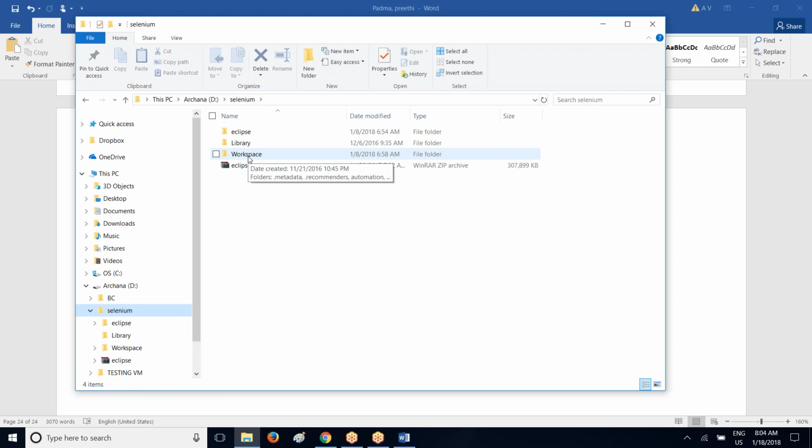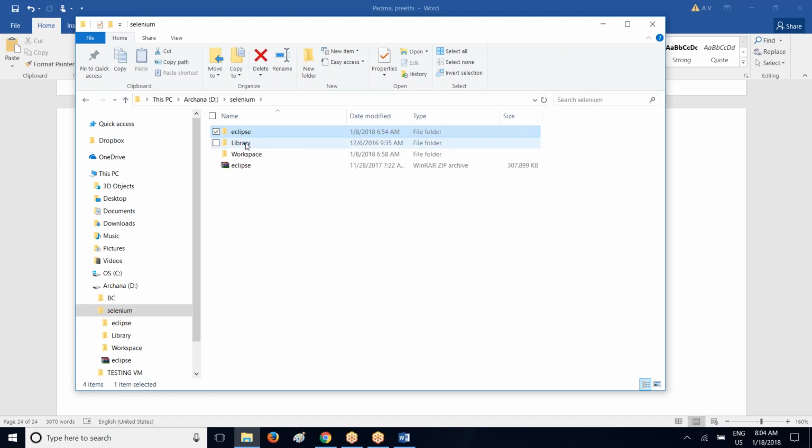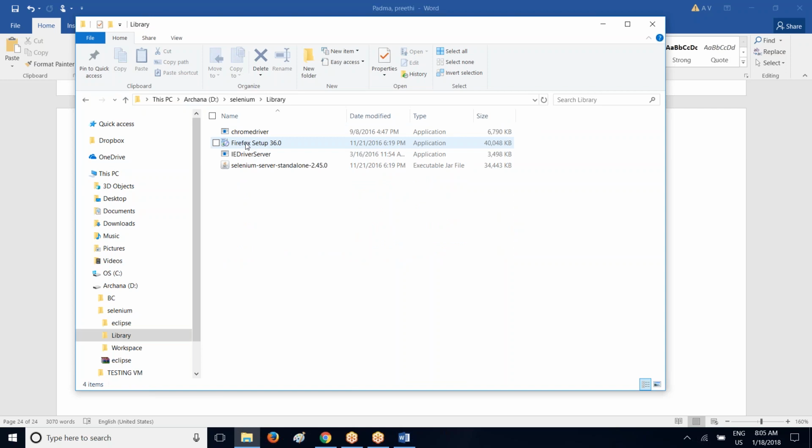Eclipse, library, and workspace. Okay, so now you have Eclipse. Eclipse is a place where you have this exe file. Okay, and then the next one is library. So here in library,